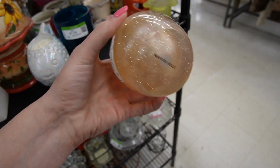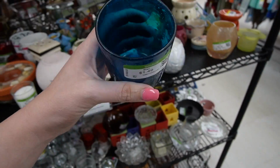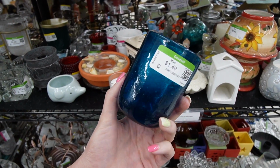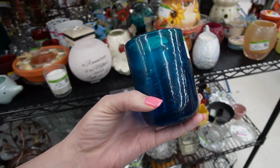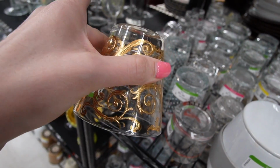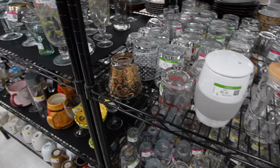Of course not. Manor Hill. It wanted to be a glassy baby. It just was not. You know what that looks like? It matches the one I picked up earlier today, from the video you may or may not have seen yet. Cranberry one. This is like a matchy match to it, only in blue. It looks like Culver. It may have said right there it is Culver, but it's all by itself, so I don't really want a single